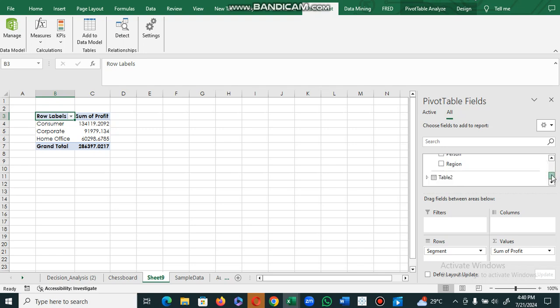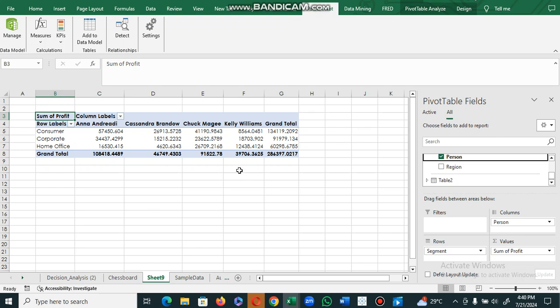So what is the contribution of these sales guys? So you can see, if the data were not connected together, I wouldn't be able to get this result. You can now see the contribution of each of these sales guys